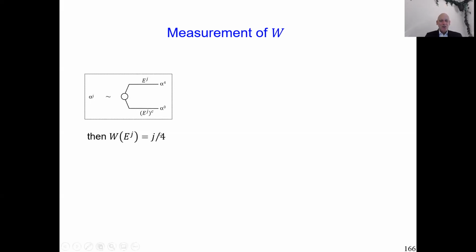So here you see we must set up such indifference, and we must choose this event E with superscript j, exactly so big or small enough that it brings you indifference. And then we know what the capital W value of it is. So indeed, we can also measure the weighting function of events completely similar as we did it with risk.